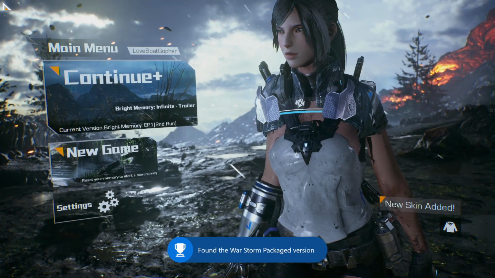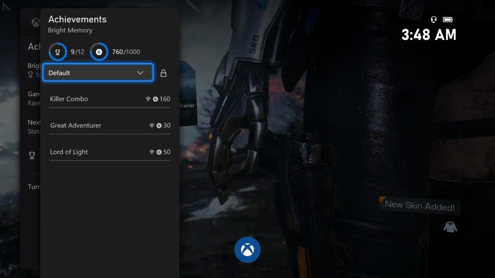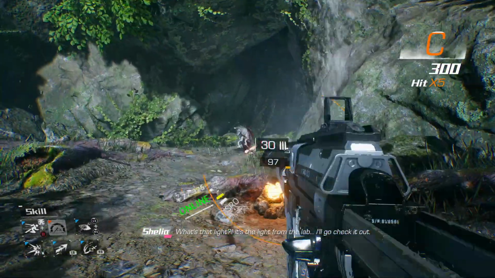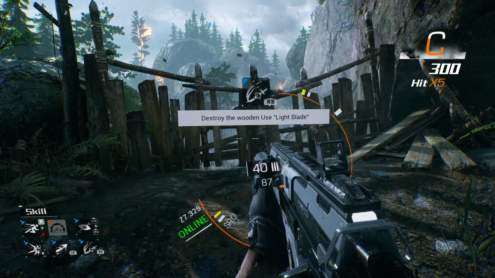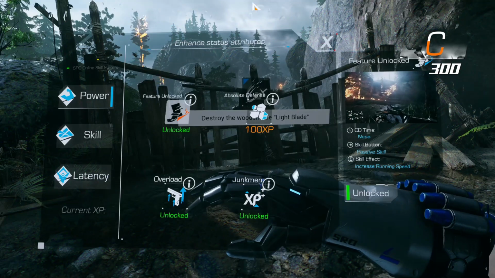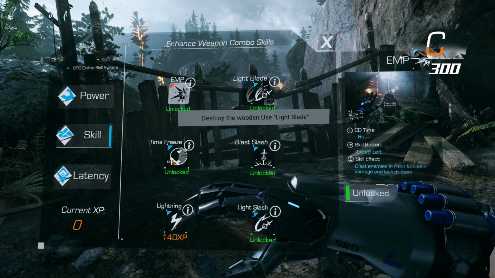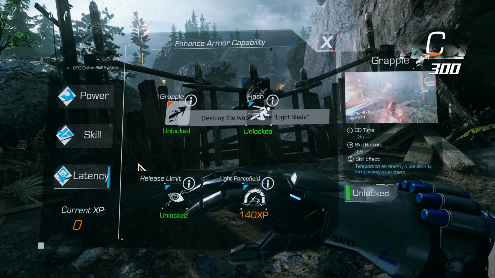Now, at the main menu, do not press New Game. Instead, press Continue if you want to get the second run and third run achievements to unlock. So, since we're going for that, we're going to go to Continue Plus, and I'm going to show you exactly where we can grab the Killer Combo achievement. It's going to be located near one of the beginning areas of the game, and you pretty much need to have Release Limit, the sword, and Time Freeze available to you if you want it to be as easy as